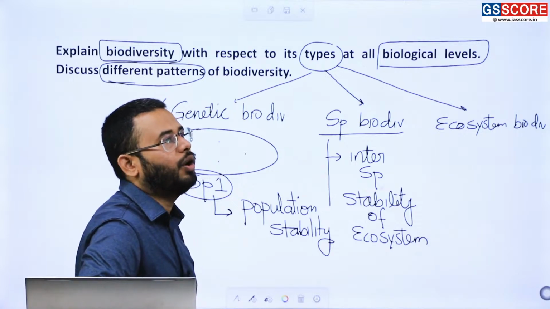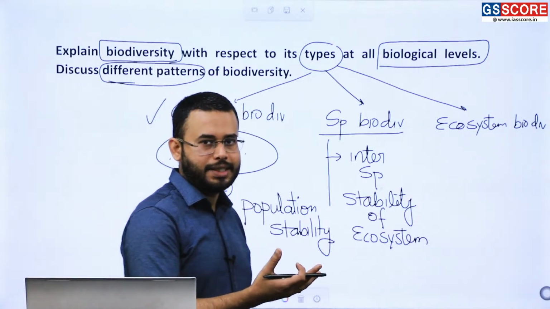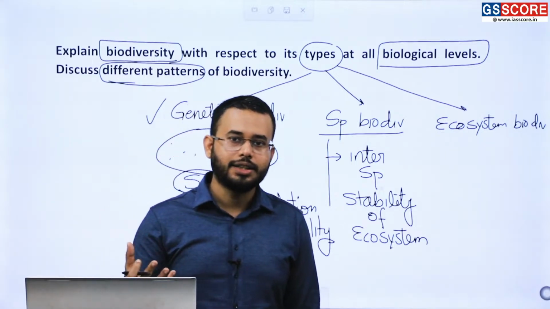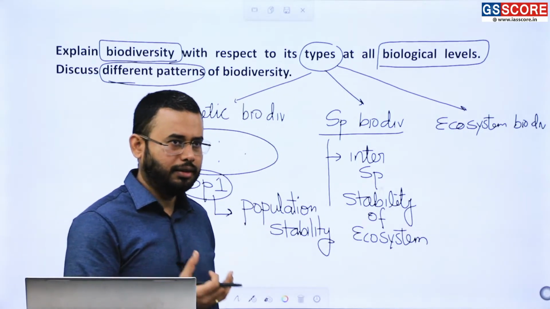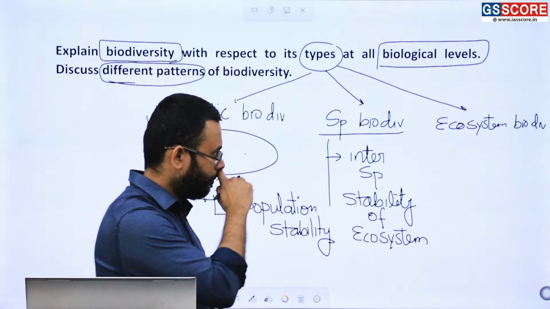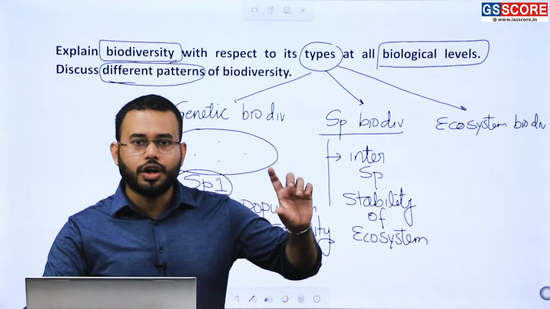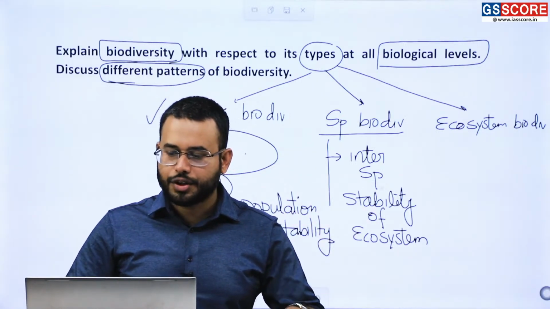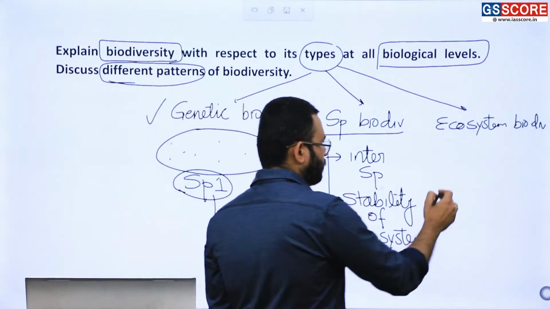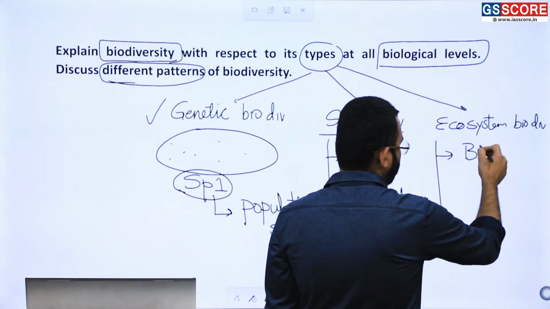You can take example of, you can say tropical rainforest has a lot of species, or equatorial rainforest has a lot of species in that. So that is much more stable ecosystem than a desert ecosystem where the number of species are less. Getting my point? Third type is ecosystem biodiversity. It is known as ecological biodiversity, refers to the diversity of ecosystem within a region or across the planet. So at a level of biosphere, if we talk about,